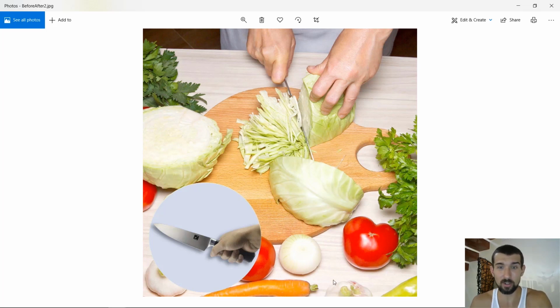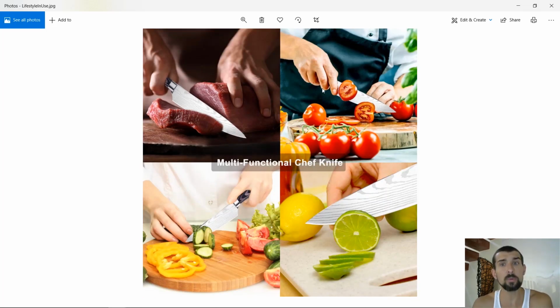If I cook something, for me it looks the same. Like this one is here, this veggie is here. Some people are more organized. And we have also the picture here. I don't know really why, but it just shows the knife. But the idea is the before and after. Here we also have the before and after. It's like a lifestyle image, but a before and after lifestyle image, and also in action.